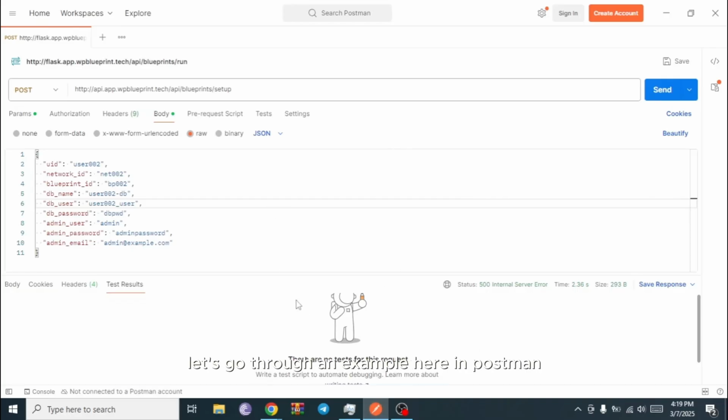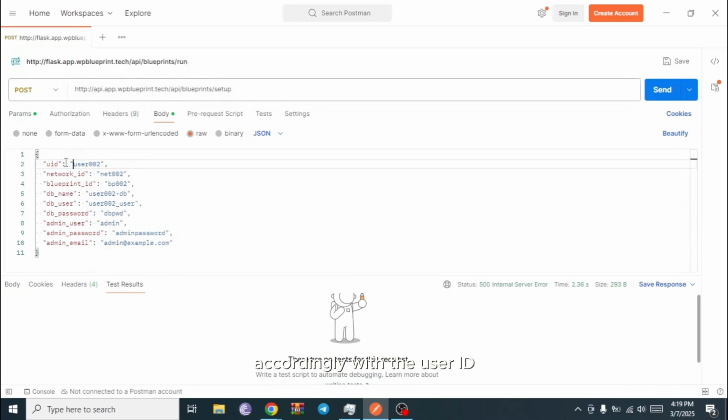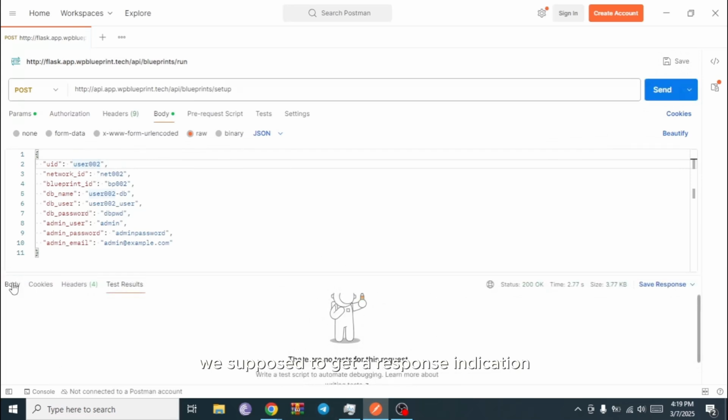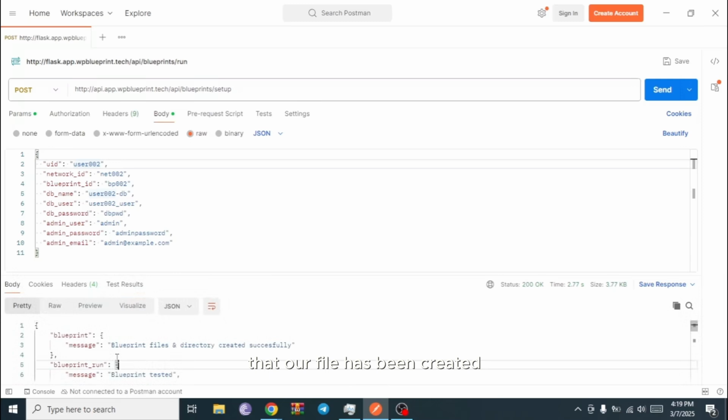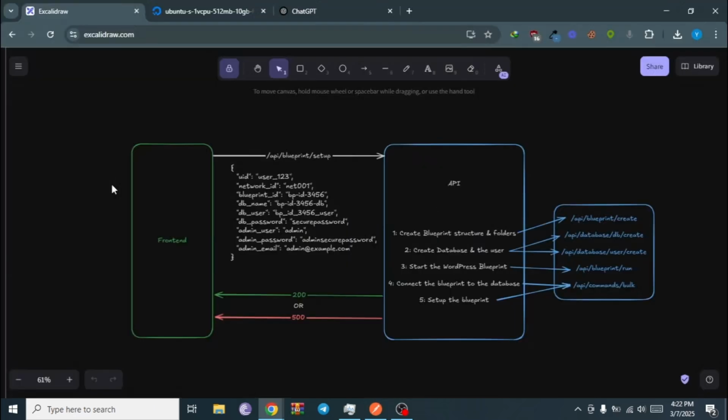So let's go through an example here in Postman to see what we explained before in execution. First of all, we need to configure our API URL here in Postman, and then we need to configure our payload accordingly with the user ID, the network ID, and so on. And then we hit send on our request. And after a while, we're supposed to get a response indicating that our file has been created successfully. So if we go now and visit our website's URL,